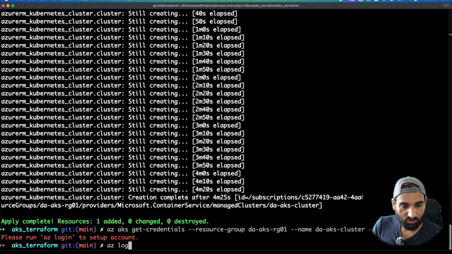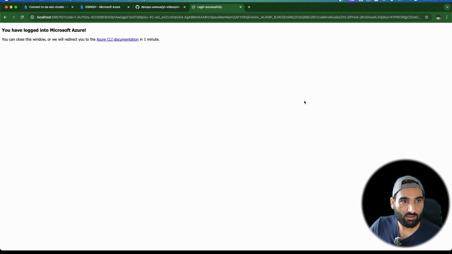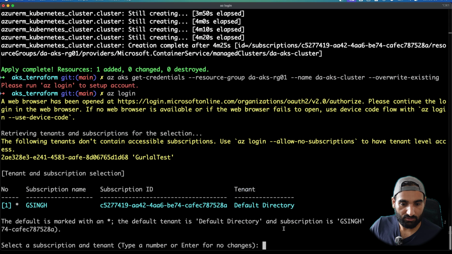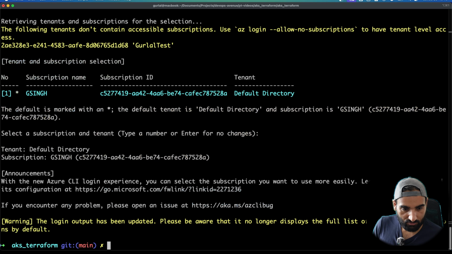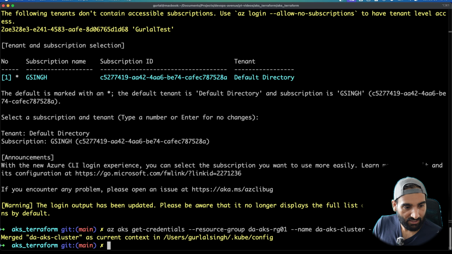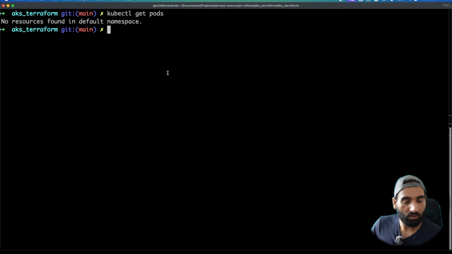I'm going to use the browser method today, log into my Azure, and okay, so just select it and then connect to that cluster again. And if I do kubectl get pods, there's nothing in that